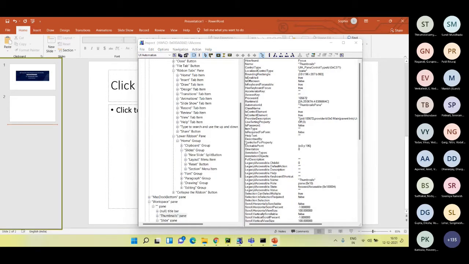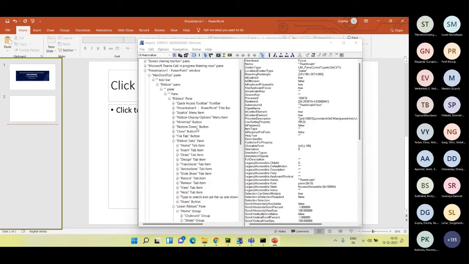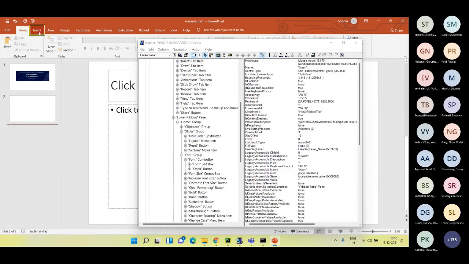Once I do that, you can see, one second, I think the control shifted. Yes, on the right side you can see that the corresponding properties of this control element have come.